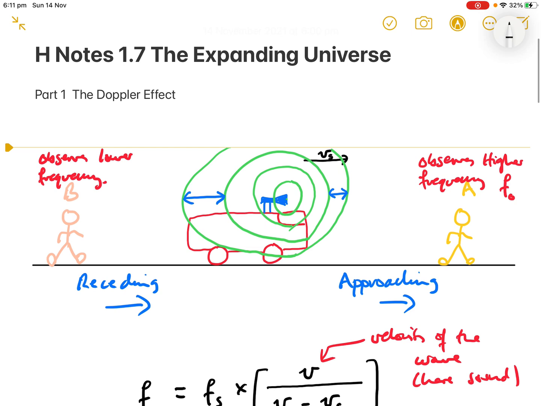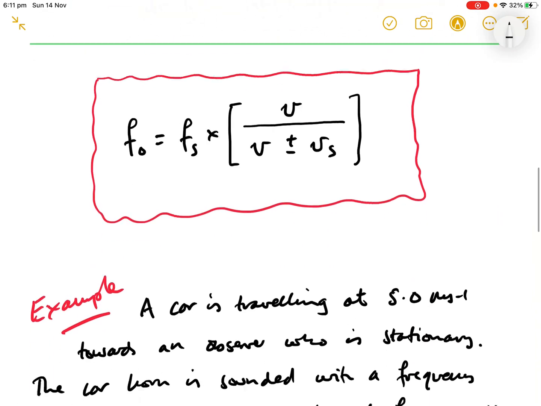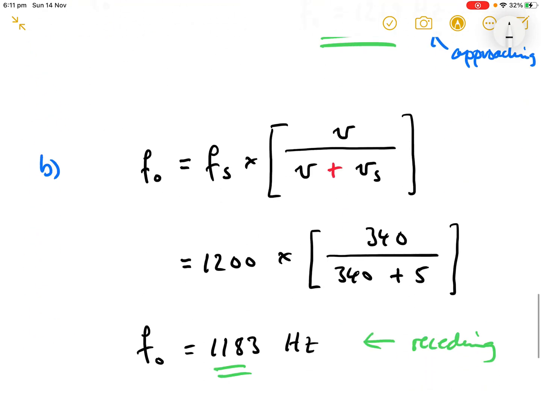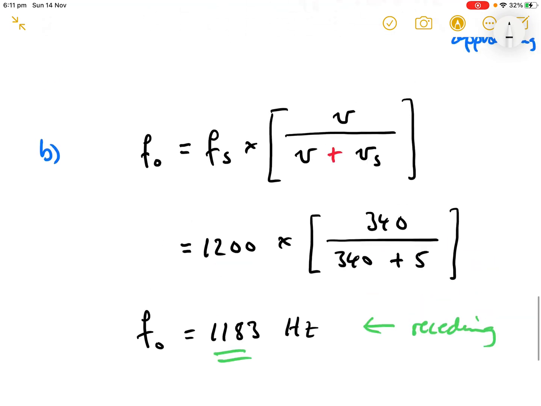After you do these calculations, always just do a double check. Is my approaching frequency a little bit more than my rest frequency or source frequency for the sound or whatever wave it is? And is my receding frequency a little bit less? So the approaching frequency should be a little bit more, the receding frequency a little bit less. And that brings us to the end of the Doppler